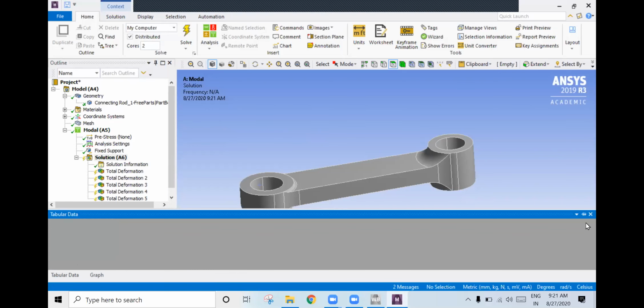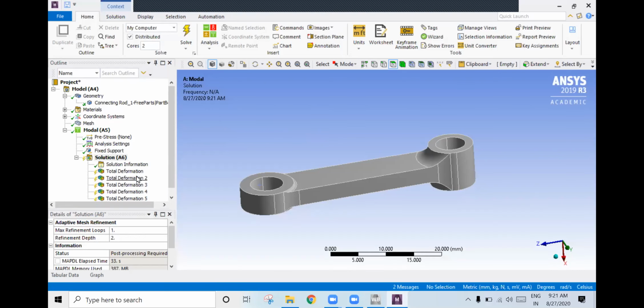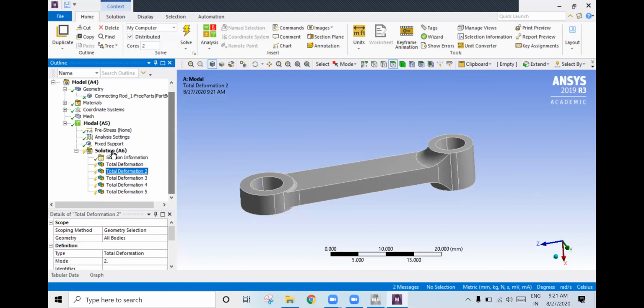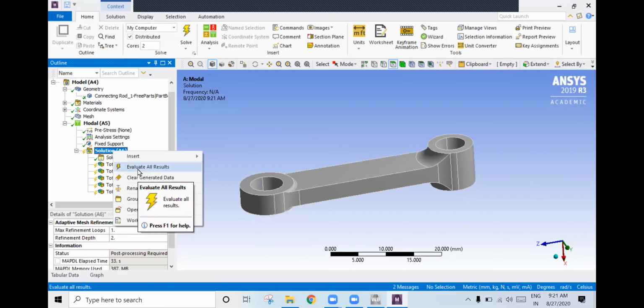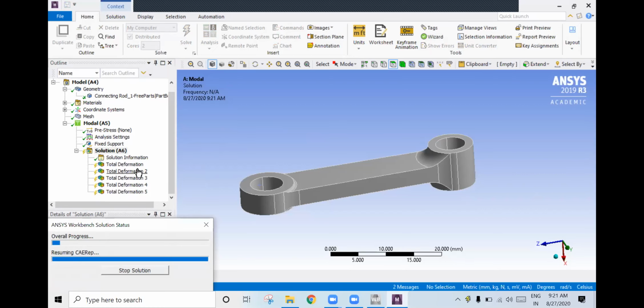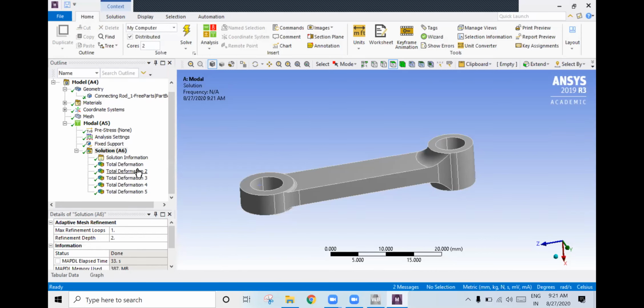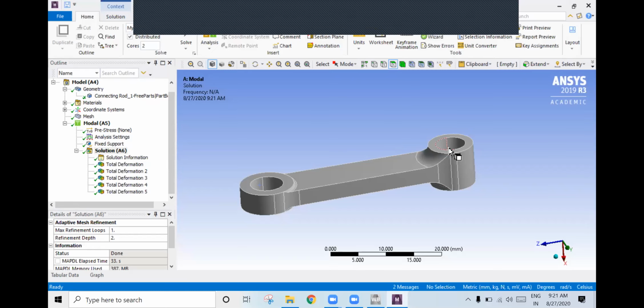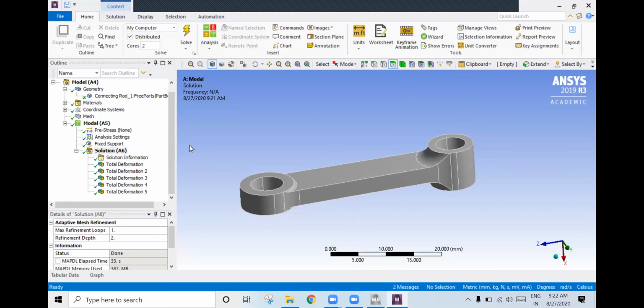Once you click on create mode shape results, you'll get everything here. See here, it is in yellow color, so you are not getting it. Again you need to go to solution and click on evaluate result. So what is the operating speed of an aeroplane? That you see, because this connecting rod is an aerospace connecting rod. If it is automotive, you need to consider 60 hertz, but it is an aerospace connecting rod. This is having around 1000 hertz like that.